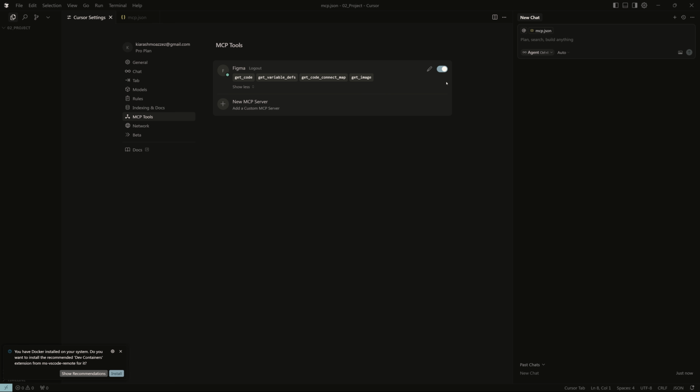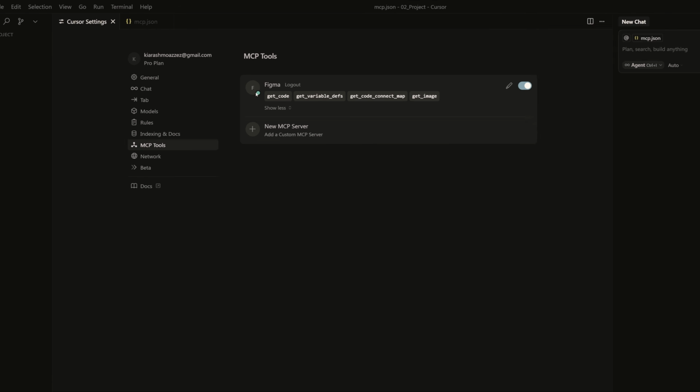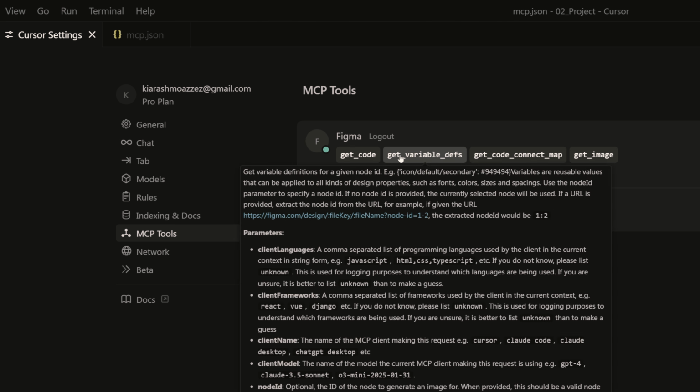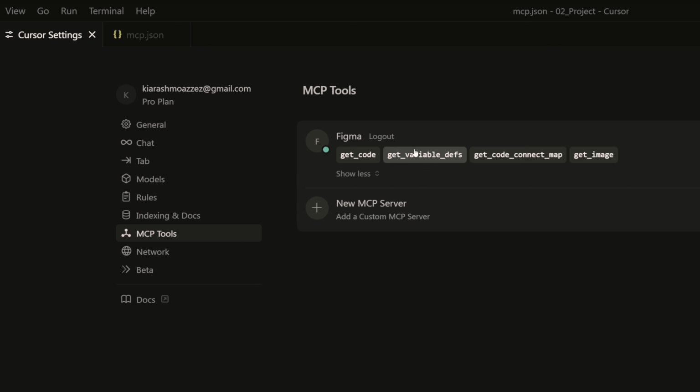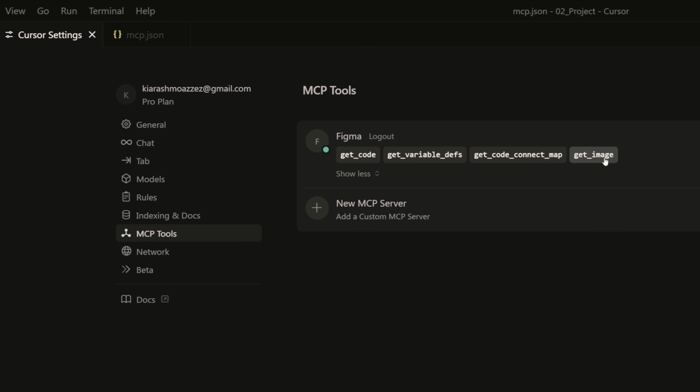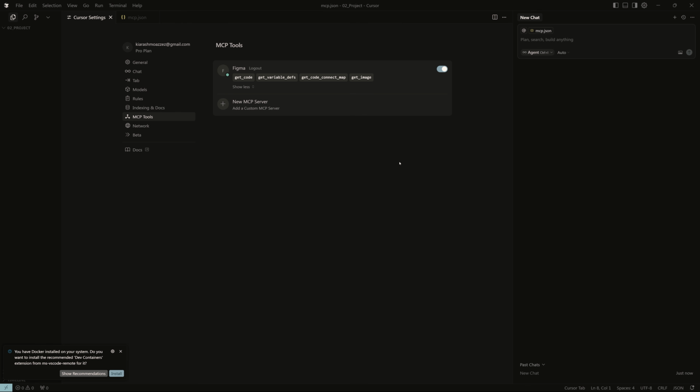Let's maybe turn on and turn off to make sure it's green. I'm not sure what this green thing means here, but as I said, you can hover on these functions and read every detail that you need to know about them and understand how you can use these functions, for example, which parameters you can define and so on. So now we are actually good to go.